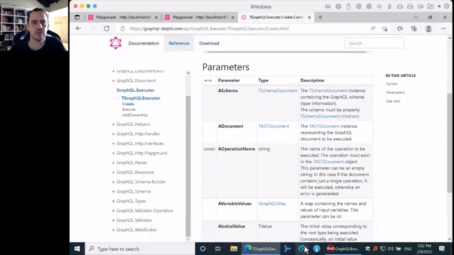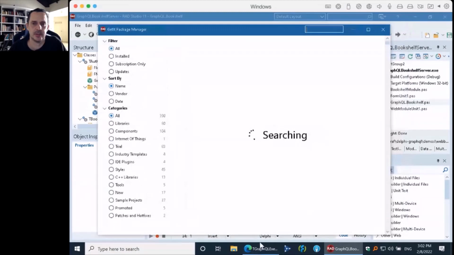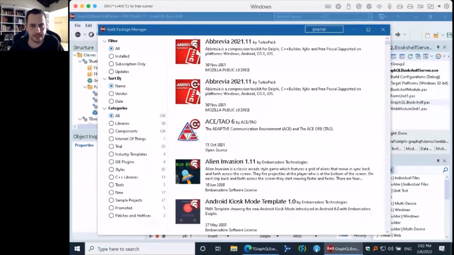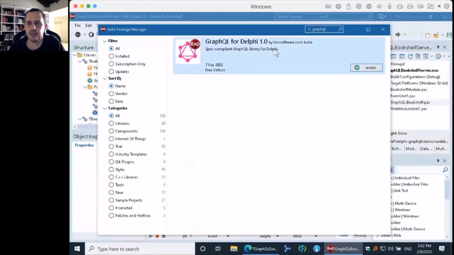If you go to Tools, GetIt Package Manager, and type GraphQL, you can just go there and install. You get GraphQL, you have the source code for the samples that I showed you today, and you can run it and modify and play with it, okay?